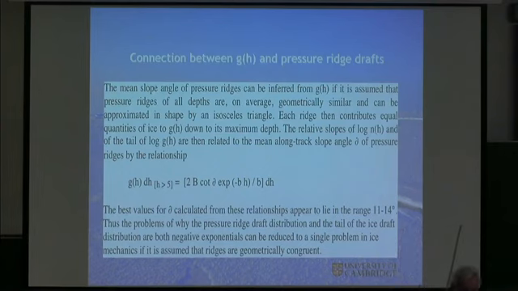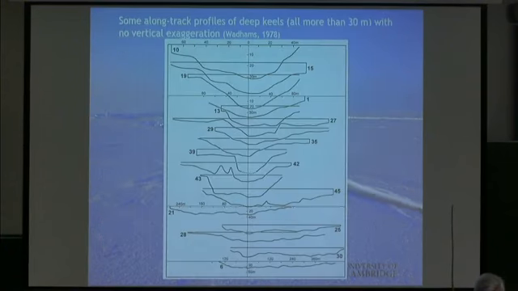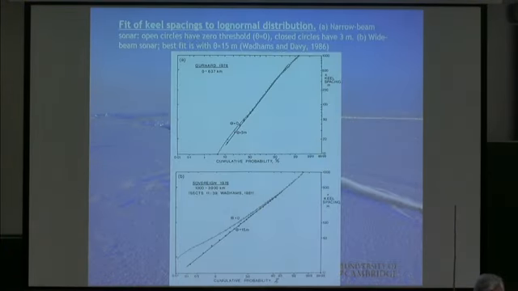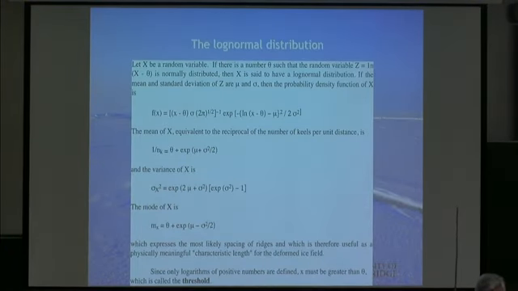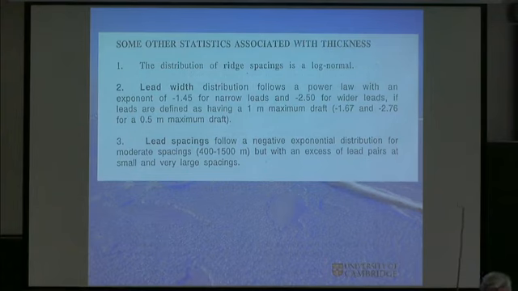So we've reduced the negative exponential problem to one problem, assuming you can make an assumption about some kind of preferred shape for ridges. So we have one problem there: either explain the ridge depth distribution or explain the ice depth distribution, but one gives the other. And then the other one is explain the keel spacing distribution, which hasn't been done. So I think those are a couple of challenges for theoreticians, and every other parameter